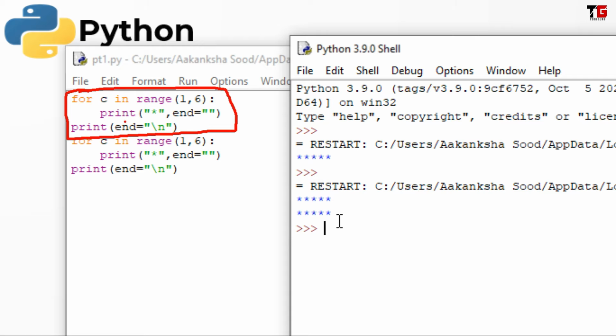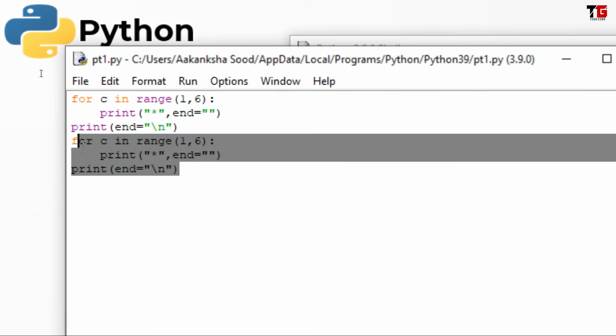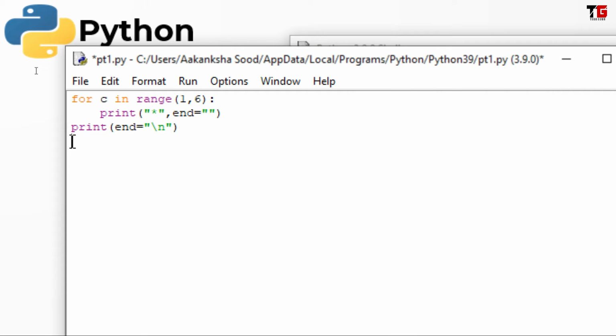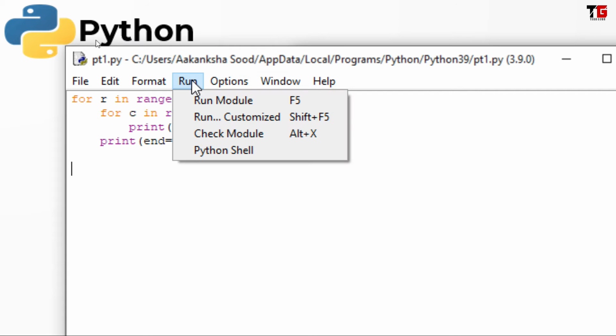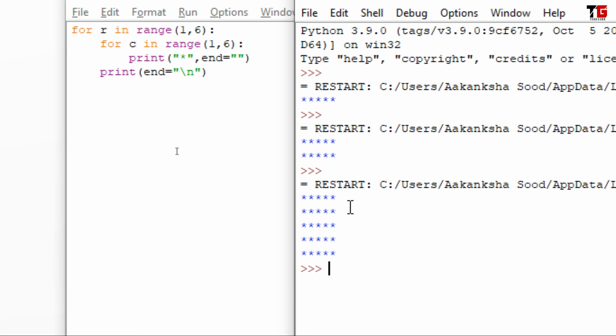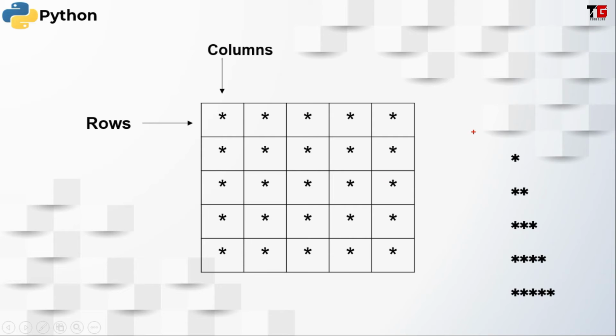Instead of that, we can put these statements inside another loop. Let's do it. So I remove this code. I put one more loop. I have to indent it like this. Save my program. I run my program, so I get this output. So my given grid has printed, but friends, we wanted to print this pattern. So how can we retrieve this pattern from this grid?